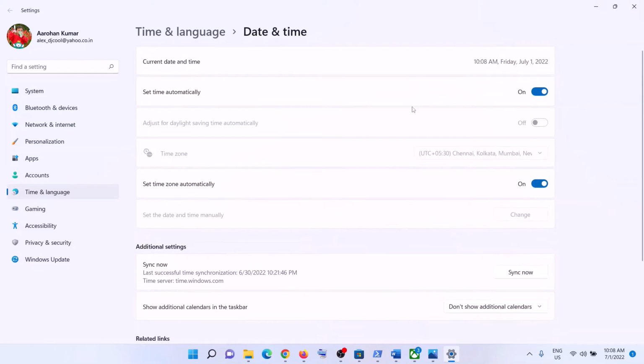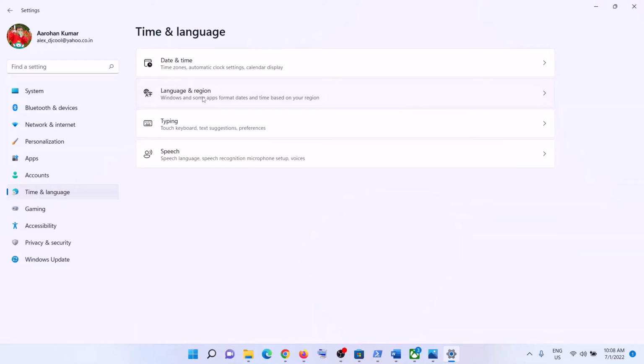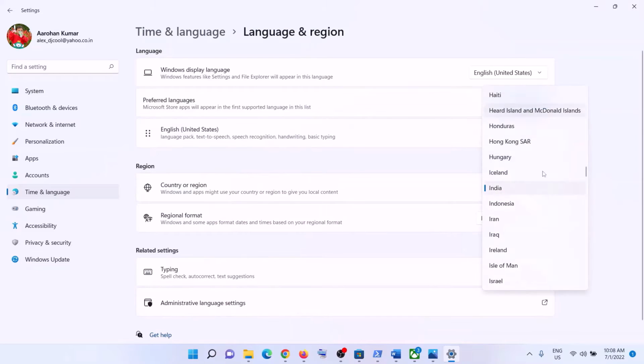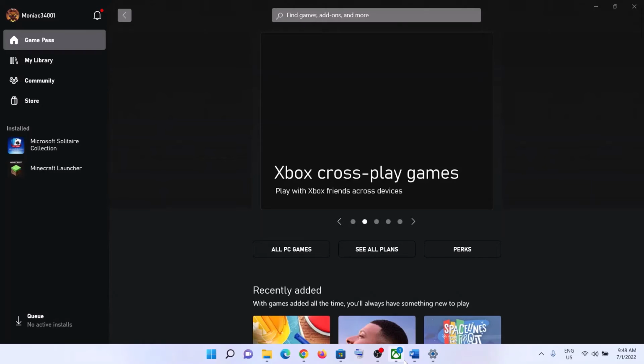And make sure once you turn on this set time automatically and set time zone automatically, now click on sync now. Make sure that you click on sync now. Now once this is done, launch the game. Also make sure right region is selected over here. So make sure right country is selected and then launch the game. Now the next step is to